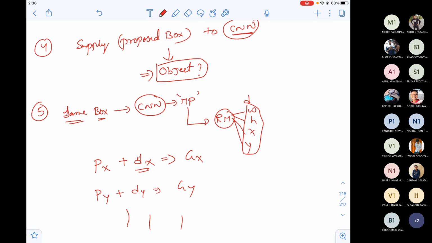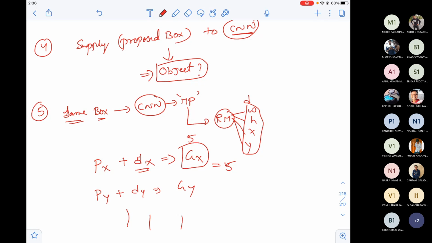Similarly, the other equations. Now, how do I know this gx coordinate is true? I'll compare with my annotated x. If this is 5 and this is also 5, then I'm perfectly predicting the x coordinate of that object in that image. So this is the other theme.